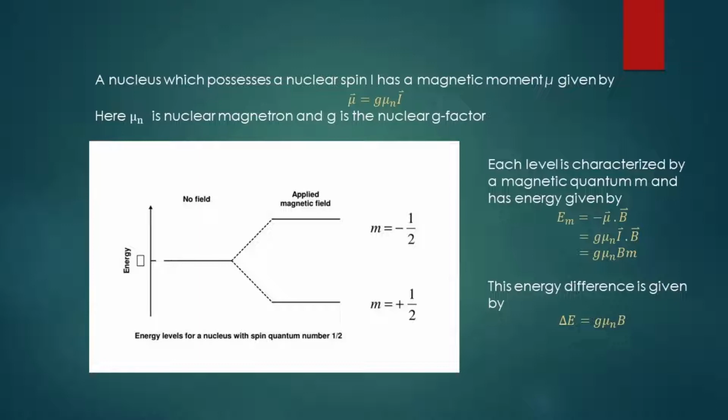Now if a magnetic field is applied externally, the spin can have 2I plus 1 possible orientations of different energies. In absence of a magnetic field, these energies are the same. So in presence of a magnetic field, the energy levels corresponding to different m basically split, as we have already read in the Zeeman effect, right?